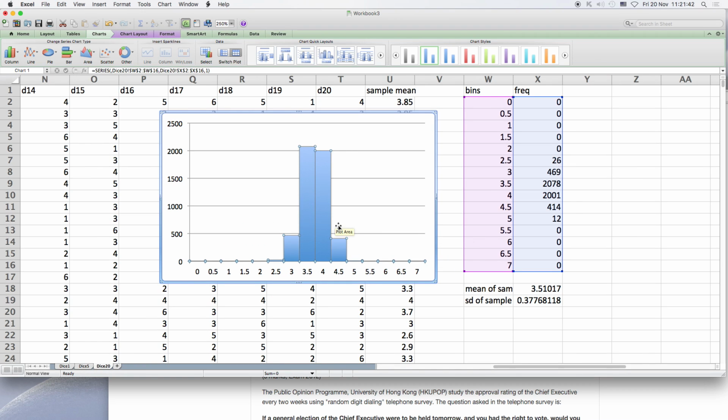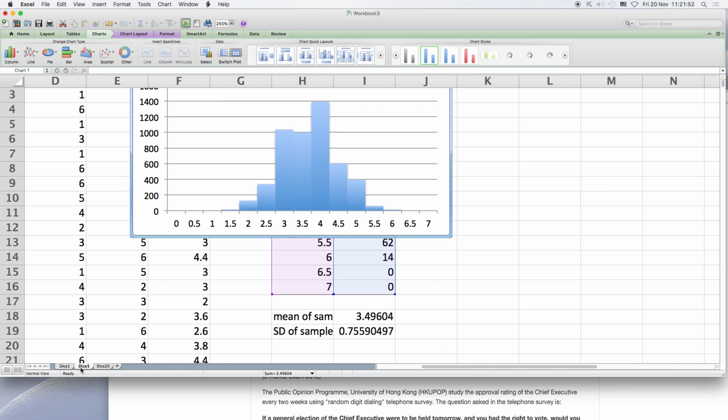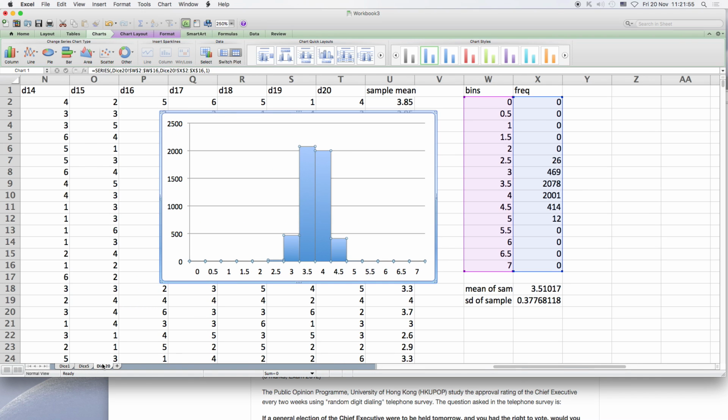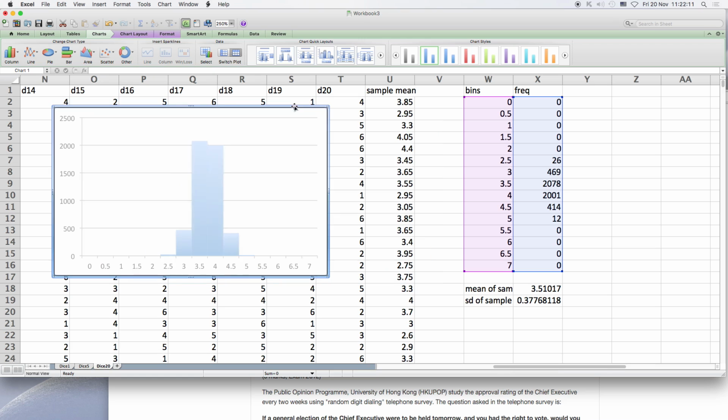Because we know that the distribution of the sample mean will approach normal. So we can use the normal distribution assumption to calculate the confidence intervals. Okay, we will calculate the confidence intervals next time. And for example,